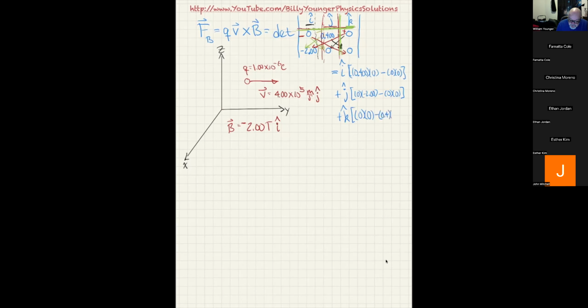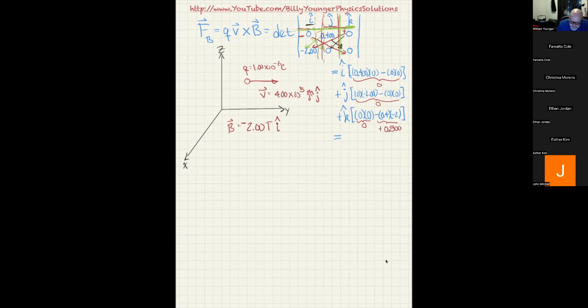I'll leave off the extra digits just for the room, and minus 2. Again, leaving off the extra digits because of the room. Okay. So now you can see I've completed all of them. In fact, this part right here is just 0. This part right here is just 0. This part right here is just 0. But this part right here is in fact negative times a negative. That's plus